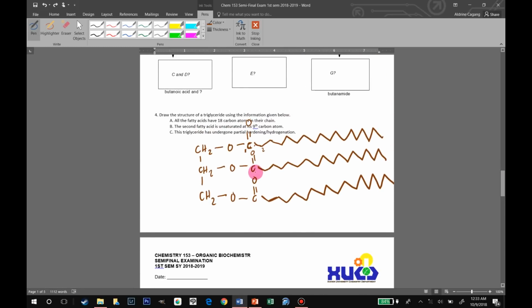This is 1, 2, 3, 4, 5, 6, 7, 8, 9. So there should be a double bond here. Now for your double bonds, the naturally occurring double bond is a cis double bond. So typically you should have a kink here, a bend, but